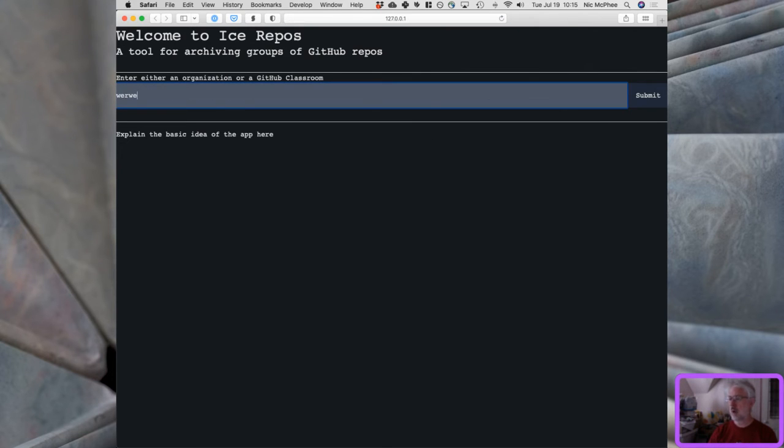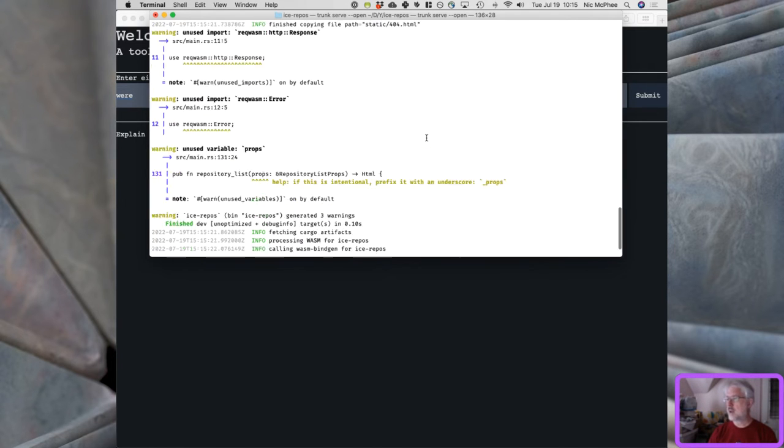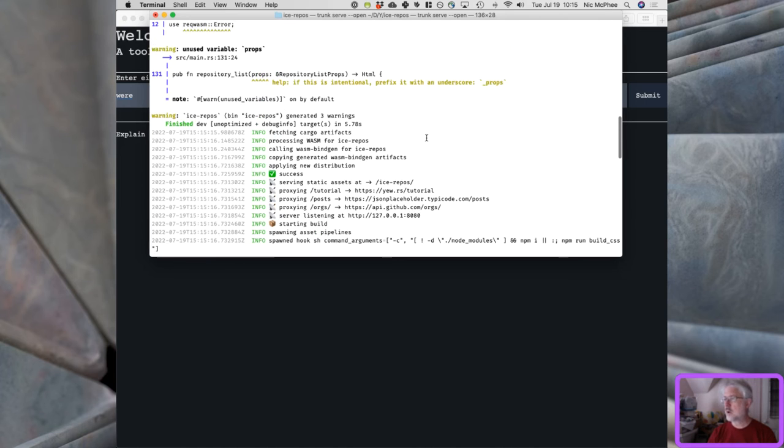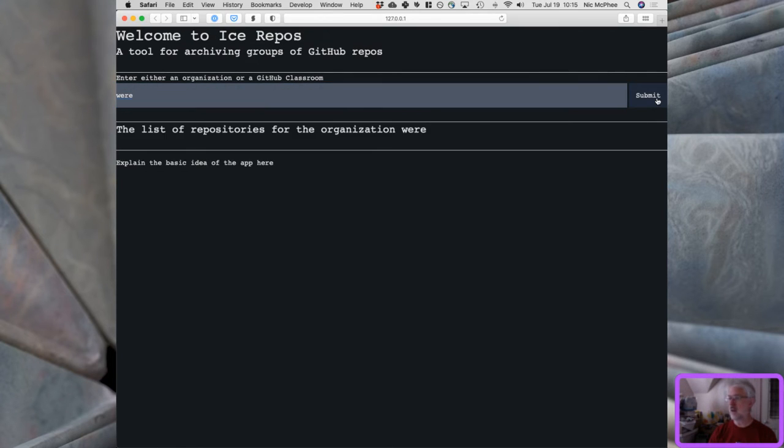Well, actually I wanted to confirm. Yeah, so this copied, compiled. Also, we can look here at the proxying, and we see, for example, that anything that starts with /orgs will get mapped to api.github.com/orgs. So that's all good. And then if we hit,